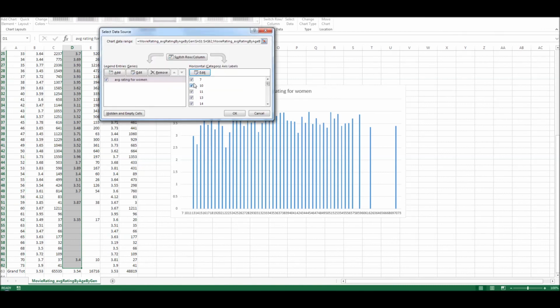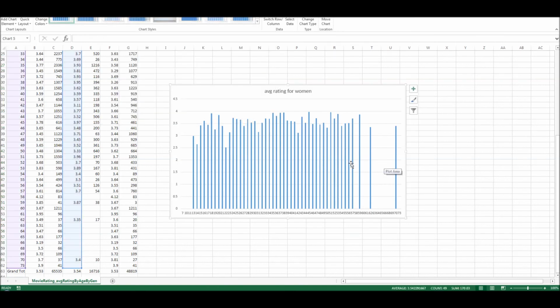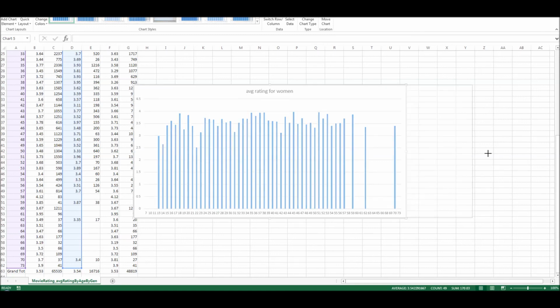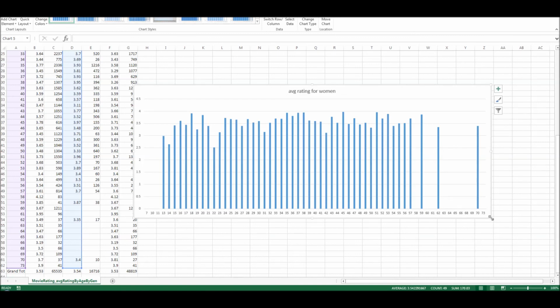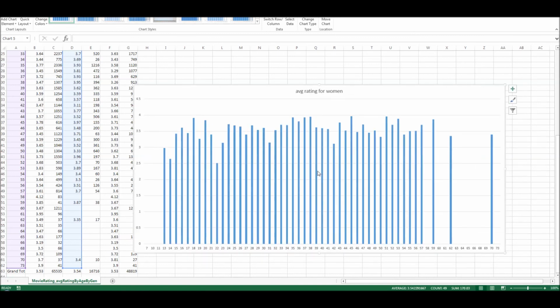Once I have those, I click OK, and now it shows these are my category labels. So then when I click OK, back here it shows the category labels down here. Okay, and if I spread this a little further, you can see the chart a little bit better. And again, because of what Excel does, it defaults to having 0 as the minimum value for the vertical axis, so I don't need to do anything else with this bar chart. It's ready to be viewed by